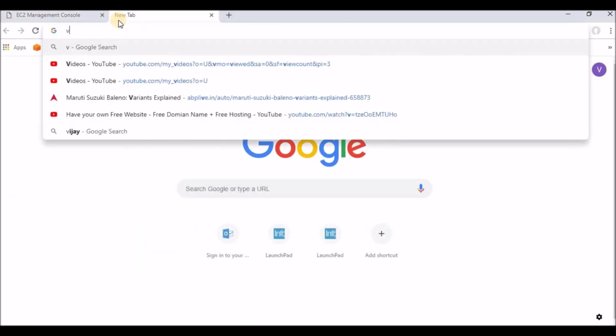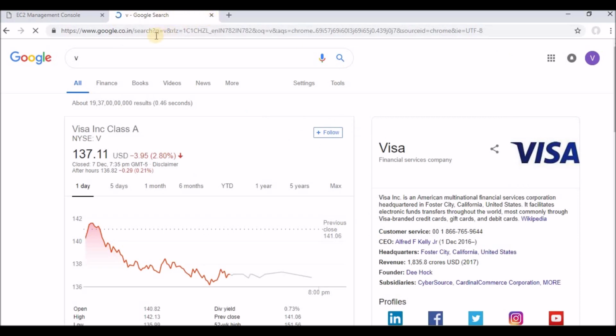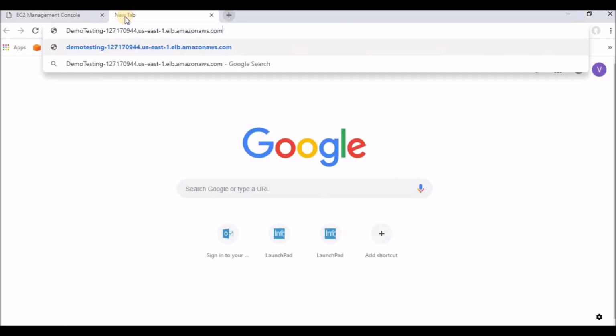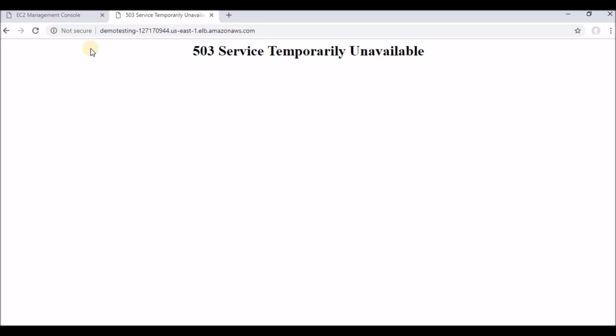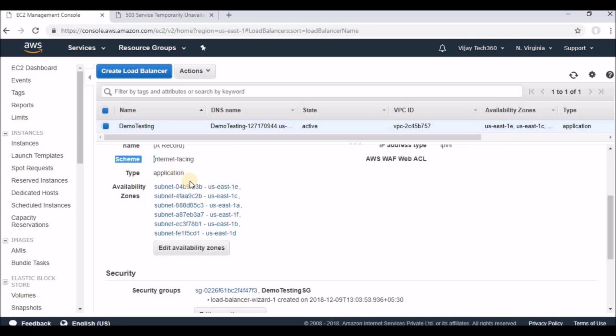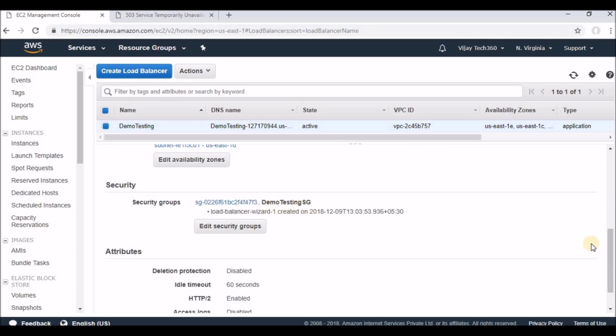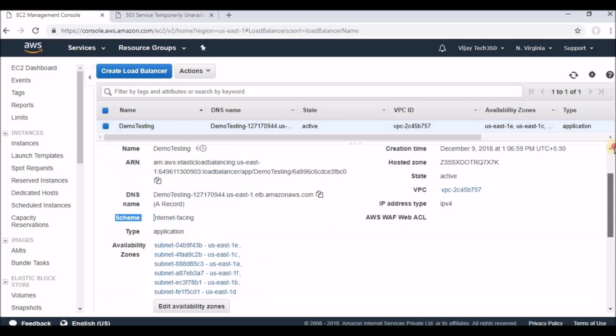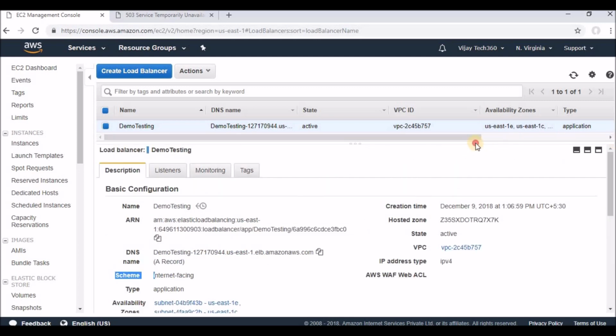If you copy and paste this, it shows as temporarily unavailable because no EC2 instance is attached to it. You can see that it is internet facing, and if you don't wish to have a subnet you can remove it, and if you want to change the security group you can change it. So this is how we can create the